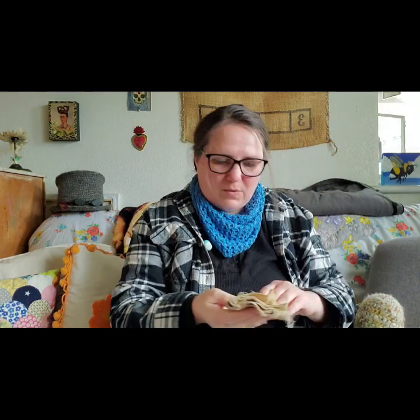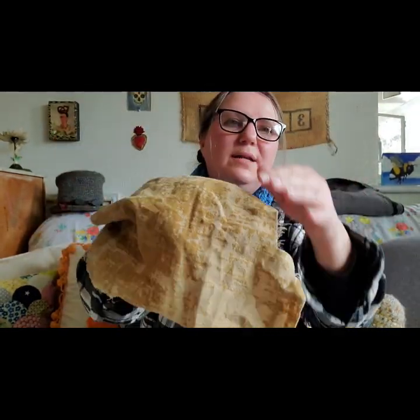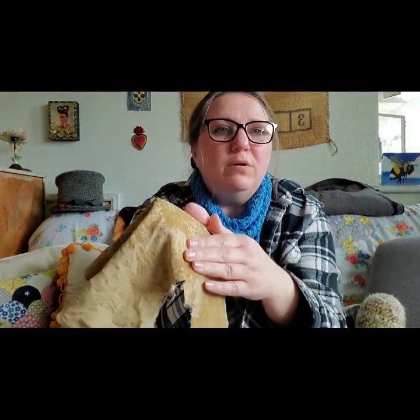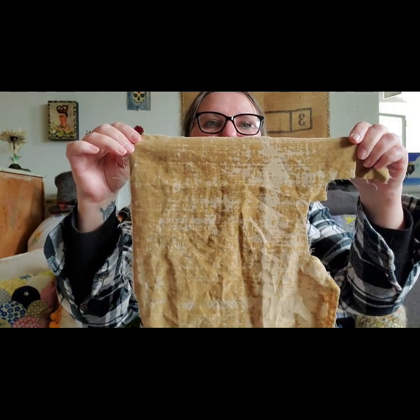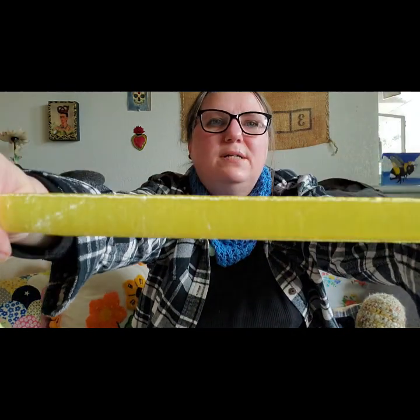I also have this fabric that was an old backing of a pillow, and I really, really like the way that it has been worn. It's just so pretty. So I might use this for something. It's a velvet. Velvet is the name of this fabric. So it's a little velvet fabric. I also have, oh, my pins are coming out, velvet ribbon